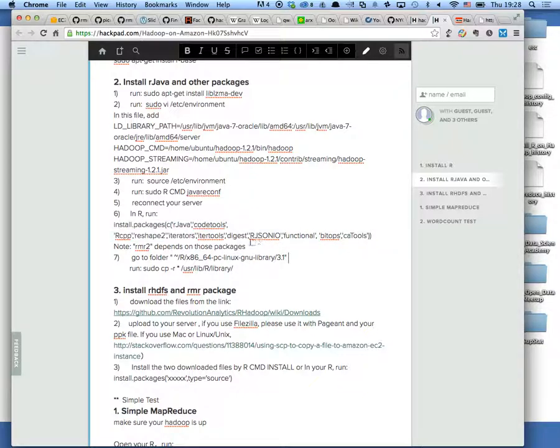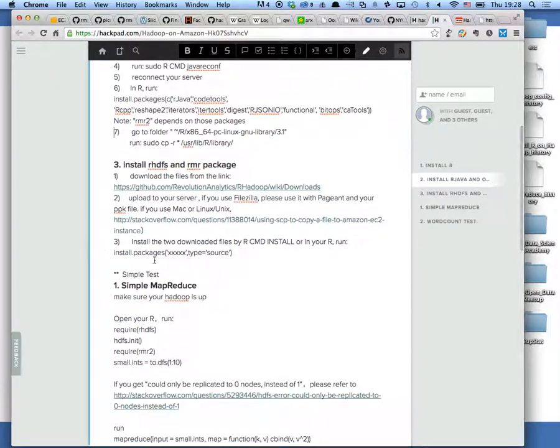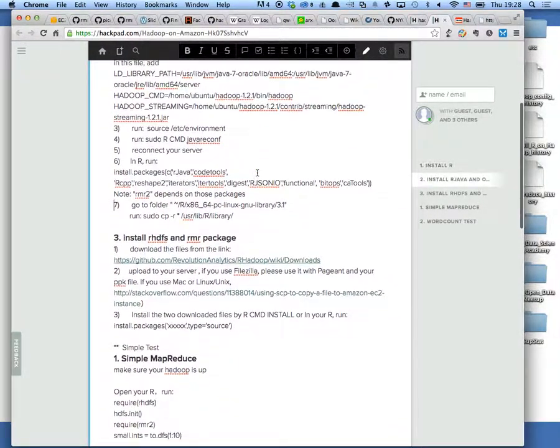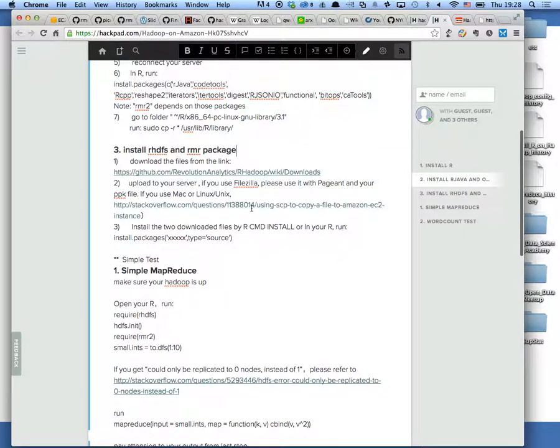Those are the dependent packages for rmr2, the MapReduce package. And next, after you have rJava and the dependent packages, you should keep installing the rhdfs